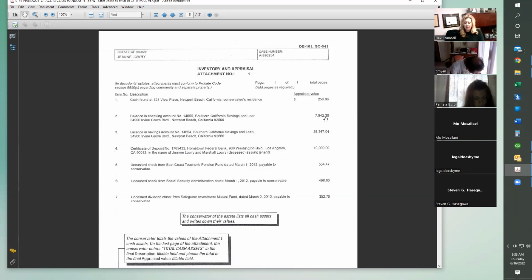A lot of times now banks will have a running daily balance along the side of the bank statement, and you can also go to the bank and ask them, okay, I need to do an inventory and appraisal on March 20th. What was the balance? That might be an easy way, but you want to make sure that you put the balance on the day